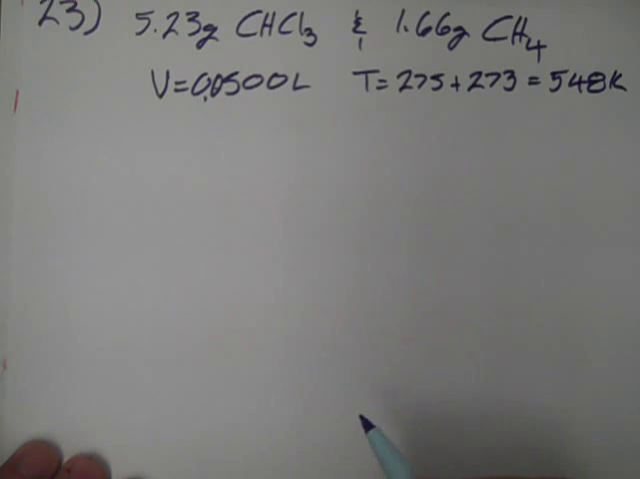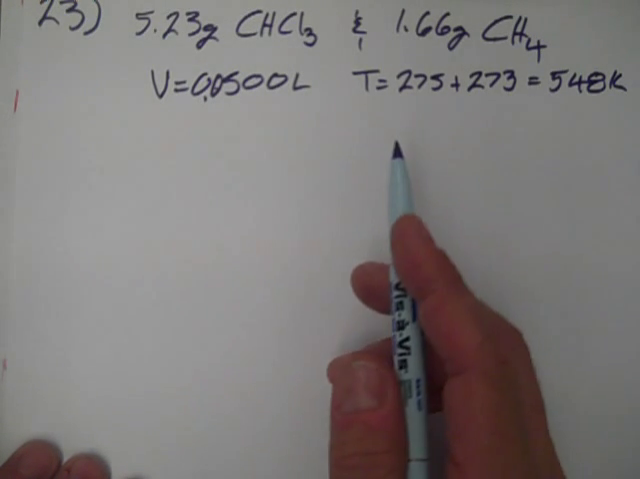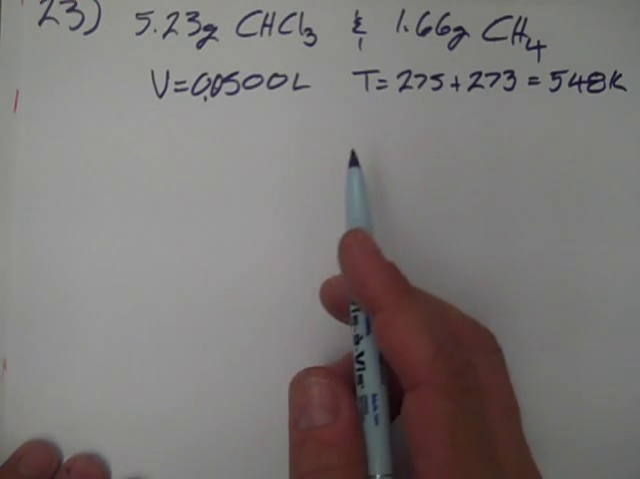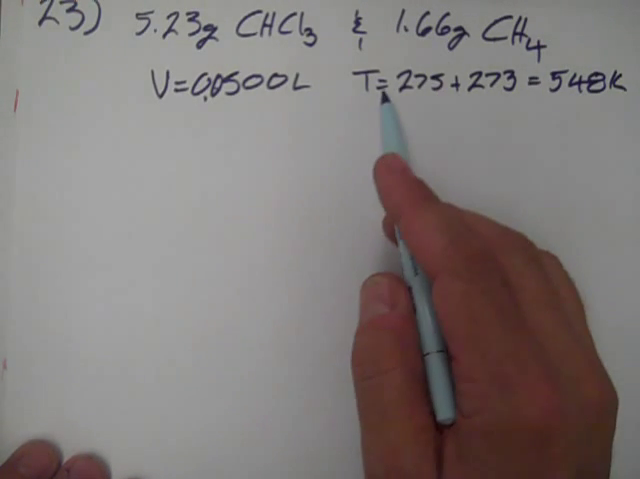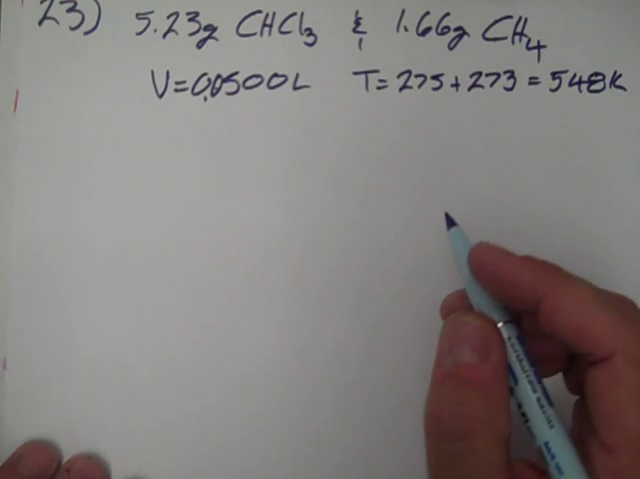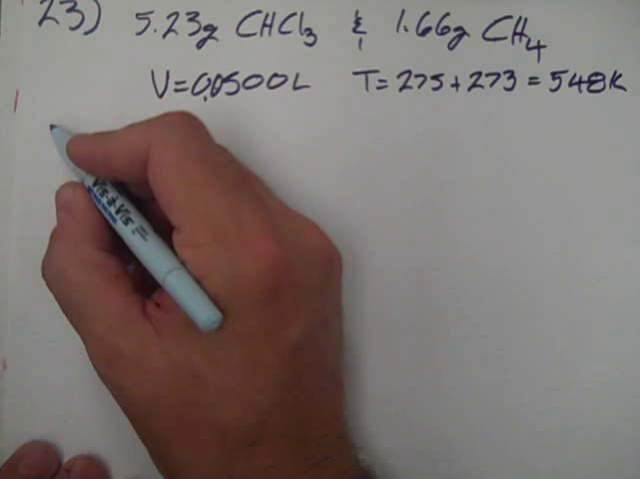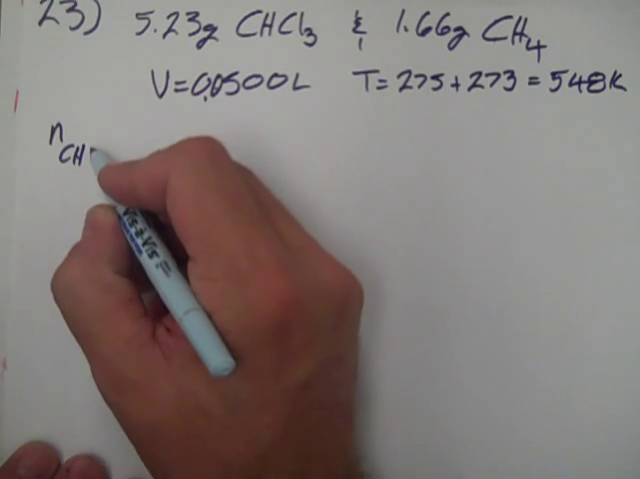So before I can use the ideal gas law, I need P, V, n, R, and T. Well, let's see. P is what I'm looking for, so I'm not going to find one of those. That's my question mark. V, T, my n is what's missing. R is the constant, so I'm missing n. So I need to find n, the number of moles for chloroform,